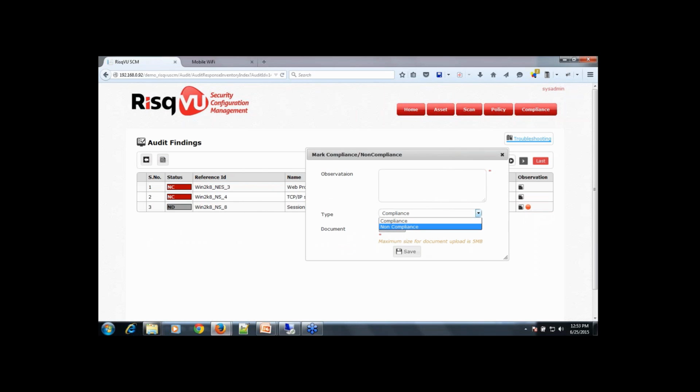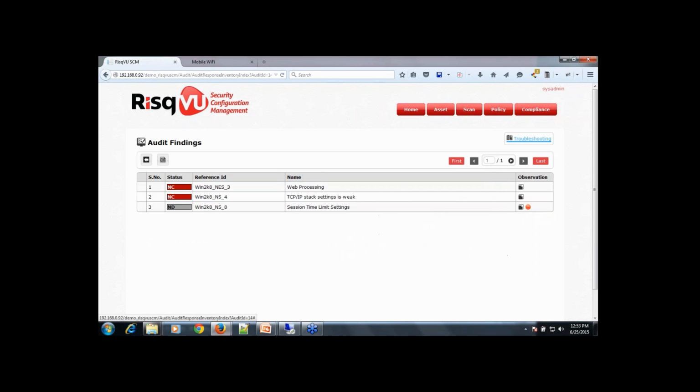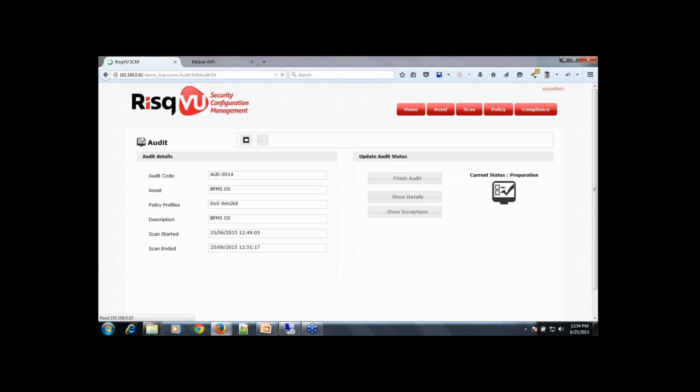You can write your own observation, select the compliance, and give a document as an evidence document for the compliance, and you can upload it over here. So this is the audit preparation phase, and this is how the manual and automated sometimes have to be mixed and matched to arrive at the complete compliance. Now once you have adjusted your compliances, you can finally finish the audit.